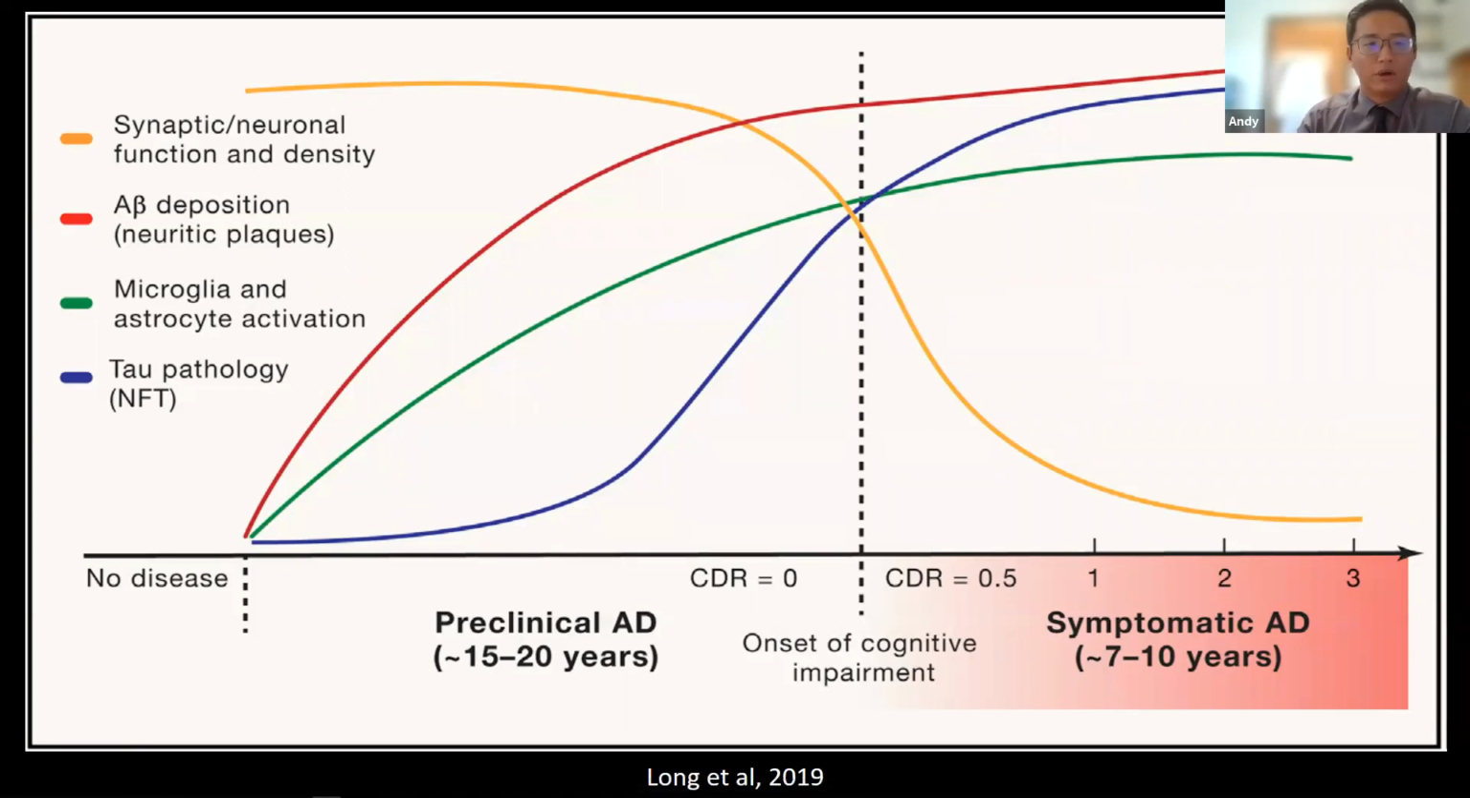There are other glial markers shown in green here, and then the newest kid on the block are the synaptic function or density, which decreases, which shows you that there's a lot of synaptic dysfunction later on in the disease course. So going back to